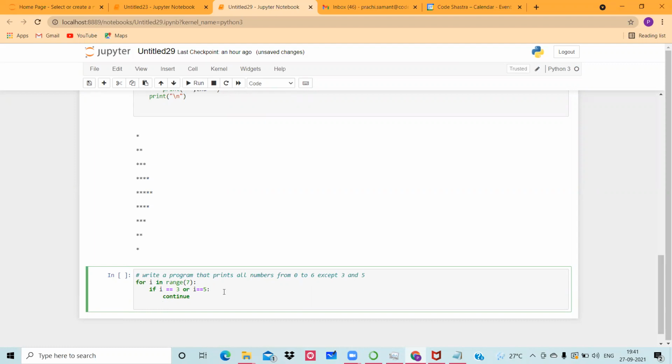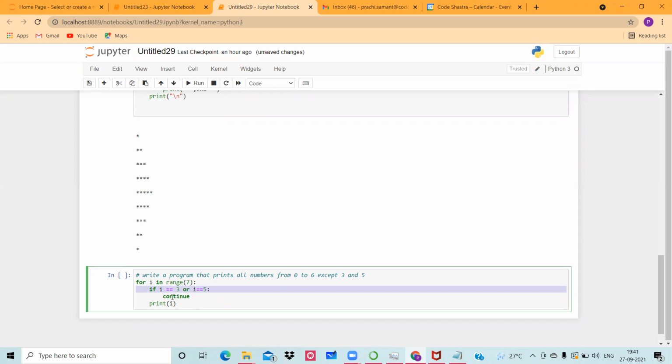And then as we want to print those values, inside the for loop we'll simply write print i. So how would the execution go? Execution ऐसे होगा. When you say for i in range 7, the value of i at the first point will become 0. 0 lies in the range of 7, so it will go to the next statement, that's the if statement. It will check itself, am I equal to 3, am I equal to 5?